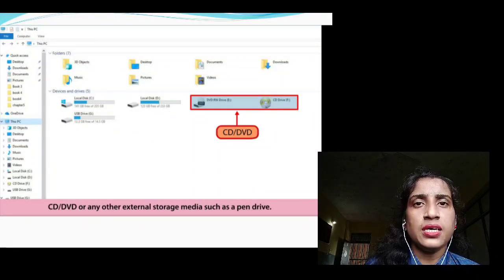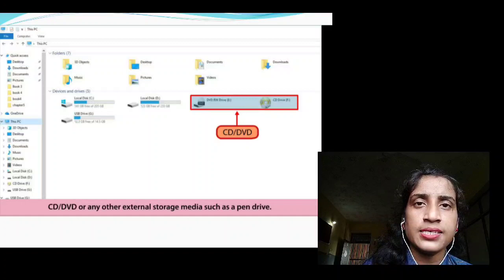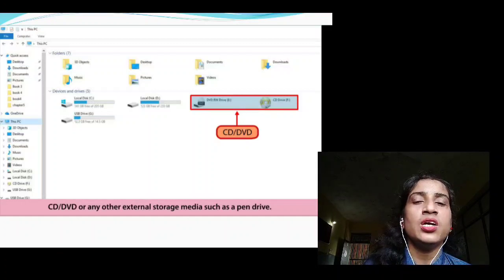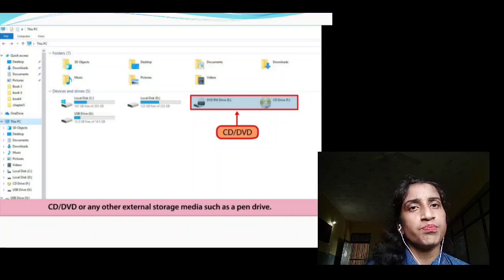In This PC, the contents available are hard disks, CD, DVD, or any other external storage media such as a pen drive.